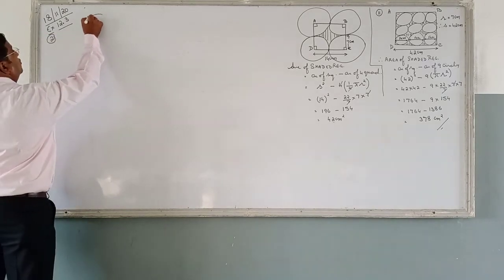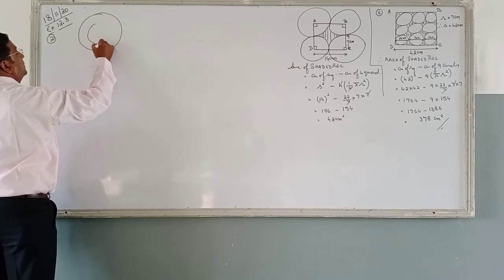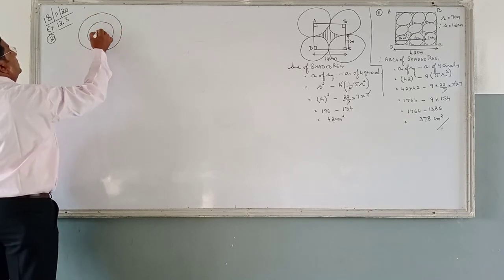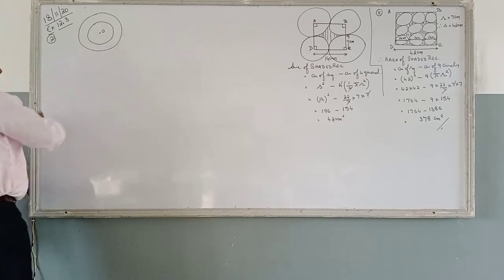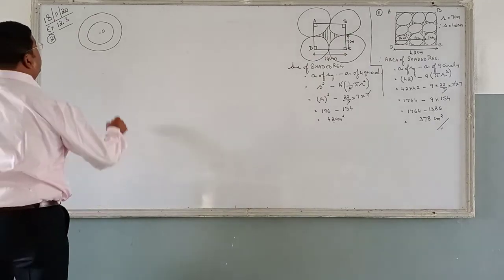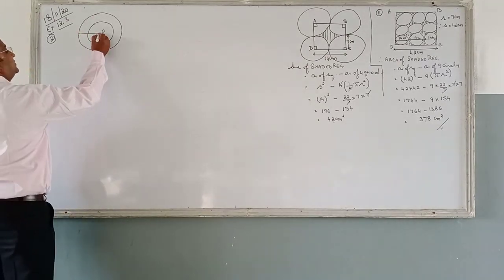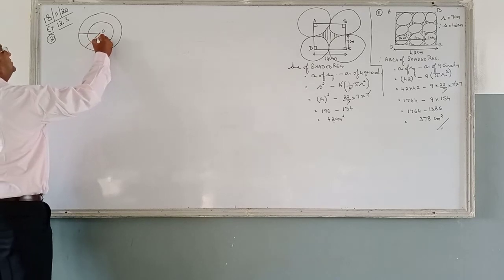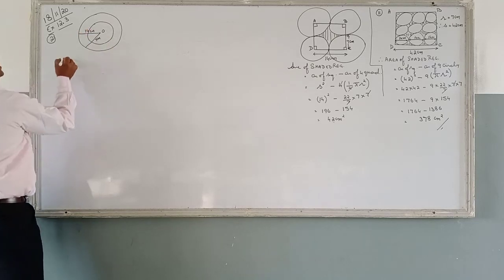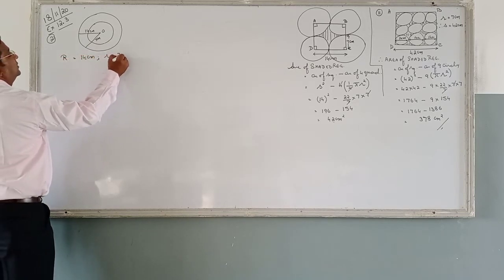This is the circle, two concentric circles, 1 and 2. This is the center. Both of them have the same center. And you can see the radii of the two concentric circles are 7 and 14. One radius is 14, so automatically that is the outer one. Another one is 7, that is the inner one, 7 centimeter, and this is 14 centimeter. Capital R is equal to 14 centimeter and small r is equal to 7 centimeter.